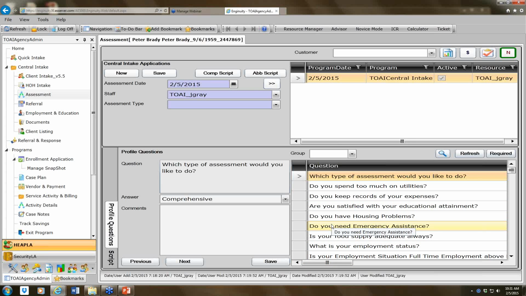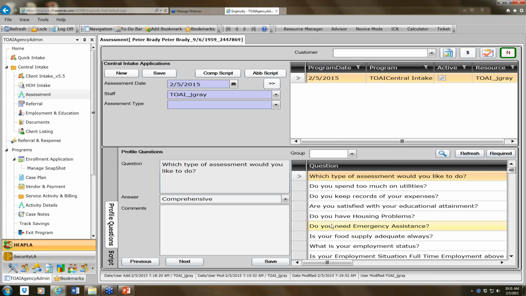The assessment that we have inside MIS is strengths-based. It meets all those requirements that Courtney has talked about that can be used for case management or family support, as it's called in MIS. We have two different kinds of assessments. We have an abbreviated assessment, which is a smaller assessment, doesn't go into as much detail, and then a comprehensive assessment. The comprehensive assessment has been around for a while,